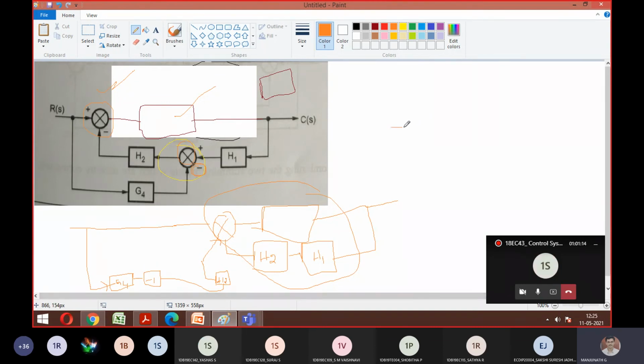So how will you write this? See, if I write, and very careful thing, this is not a feedback path. This is a forward path. Agree? Yes, agree, sir. It means if I write this either upward or downward, it looks like this. So minus G4 H2. Correct? Okay. So look here, it has to be connected to this summing point, because the summing point is there, this one. So this summing point, I'm still not eliminating anything. I'm just asking you how it looks.